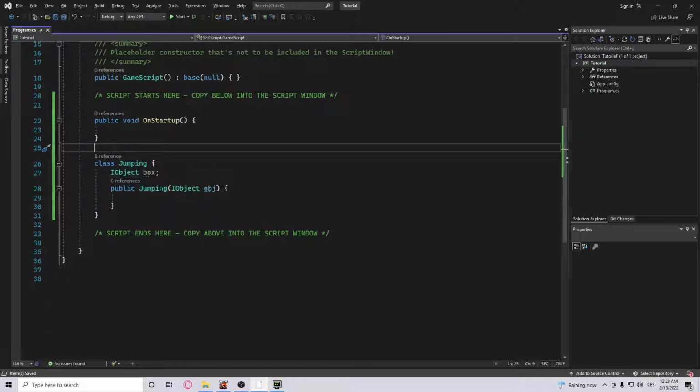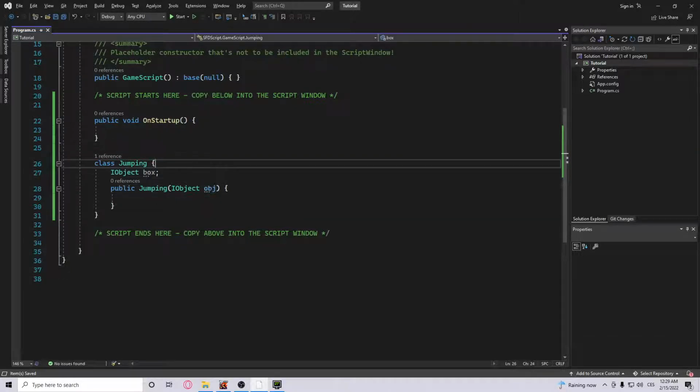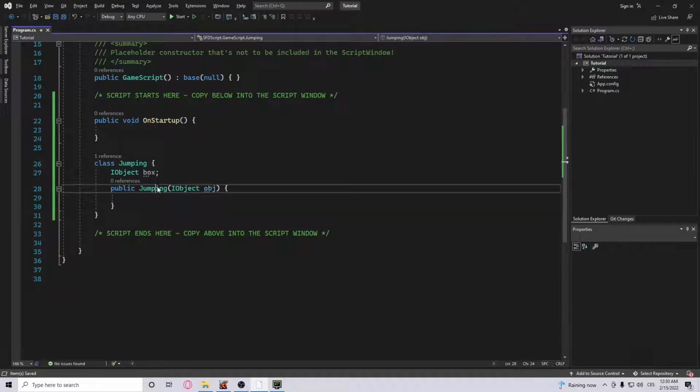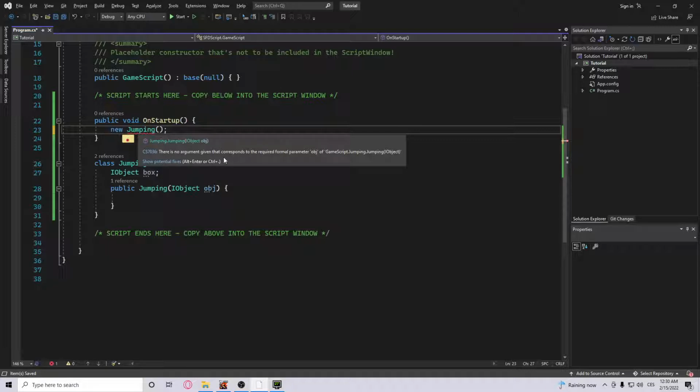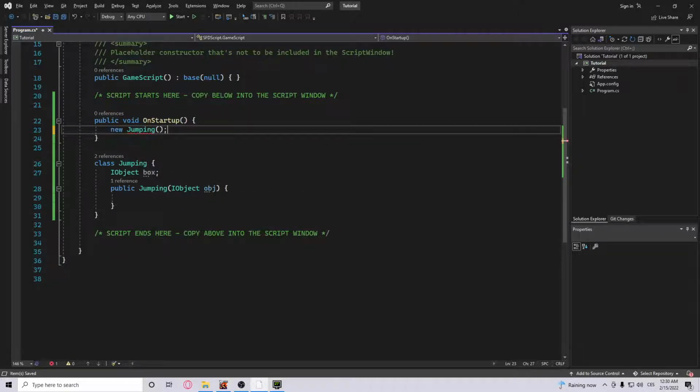So what's a constructor? A constructor is a special function of this class that will get called when we want to create a new jumping object. And how do we create a new jumping object? We simply type new jumping, like so. The compiler throws this error here because we didn't give the function any arguments, even though we said it needs them. So let's